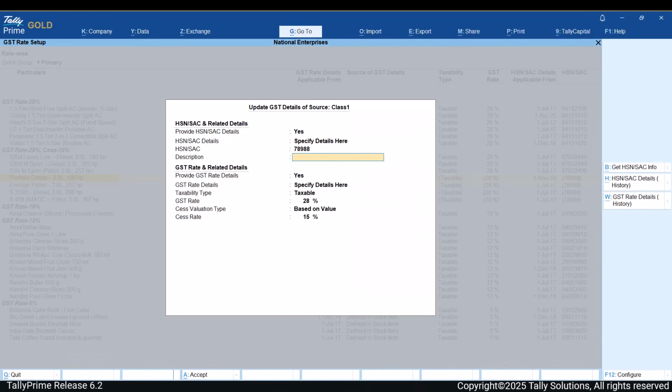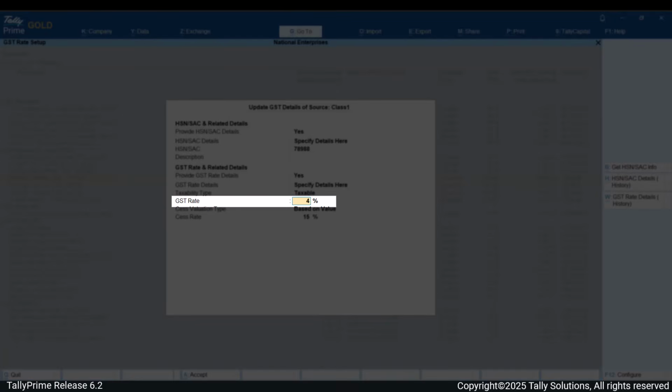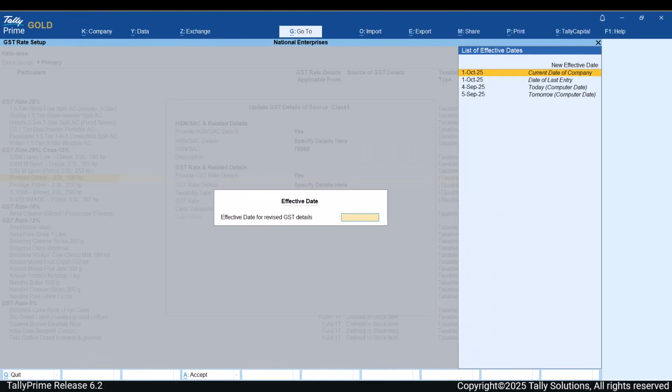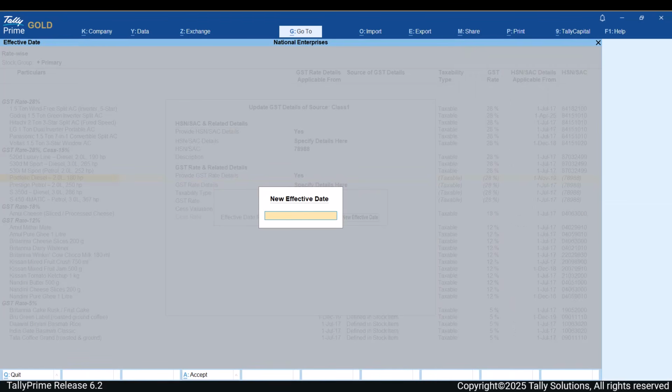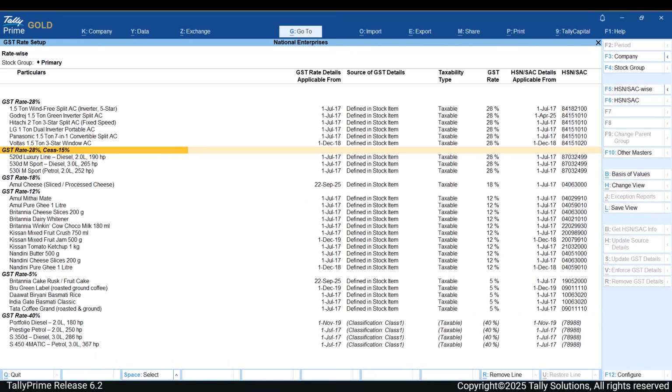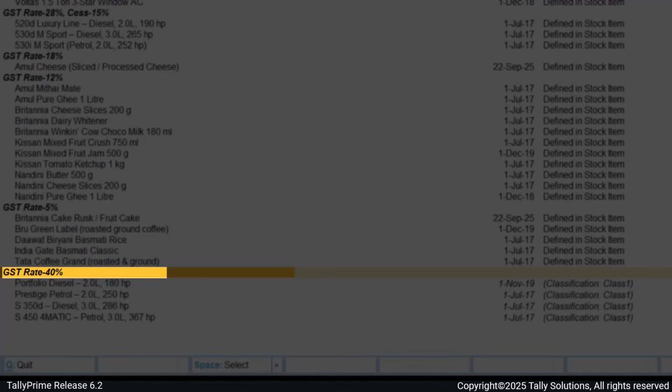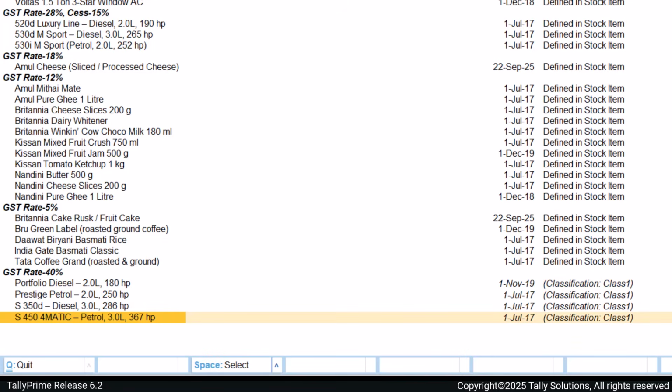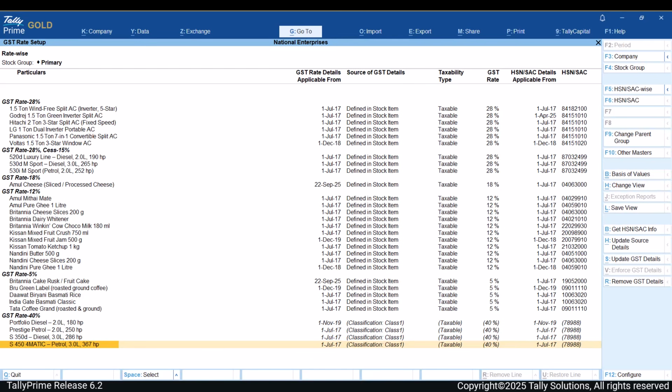Under the Update the GST details of source, for the classification, change the GST rate, specify effective date, and save the changes. You can see that the GST rate has been updated in the classification, and all the stock items using tax details from the GST classification have moved to the new tax rate category.